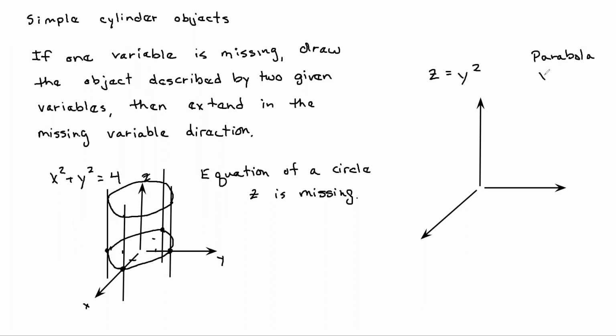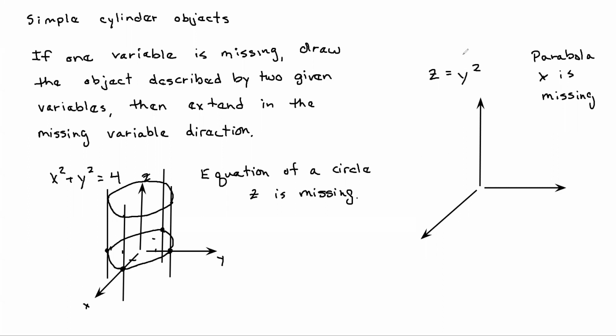And x is missing. So we want to go through and draw our parabola and then extend it in the x direction. Now, as far as drawing the parabola, it might take you a little bit of getting used to draw objects that are in different variables than you're accustomed to,